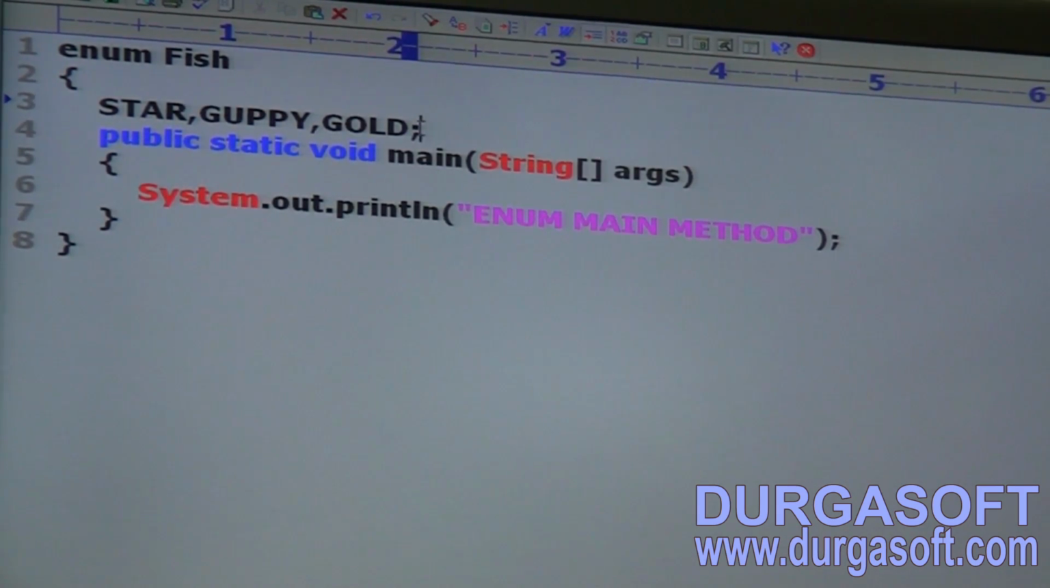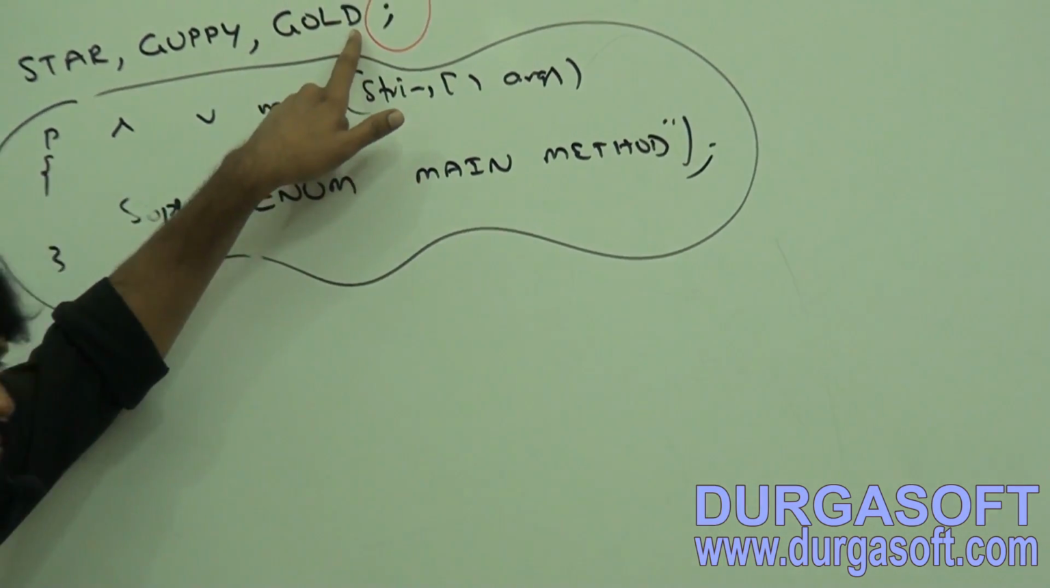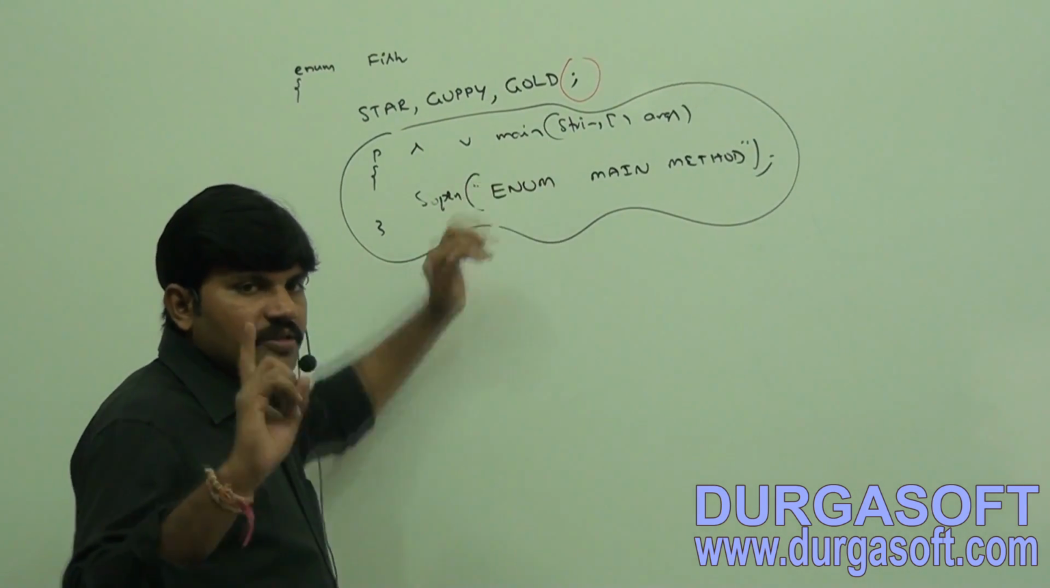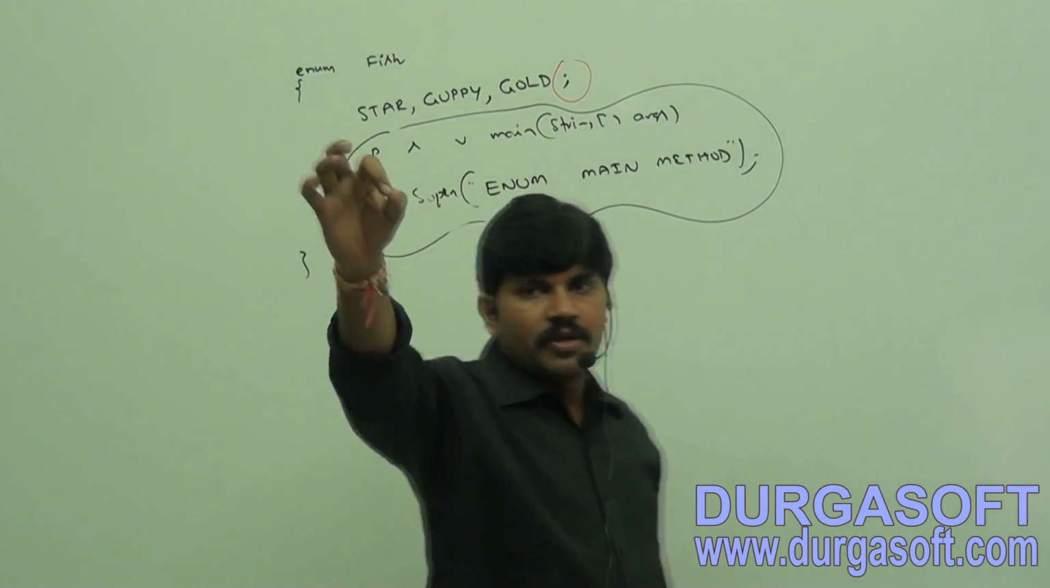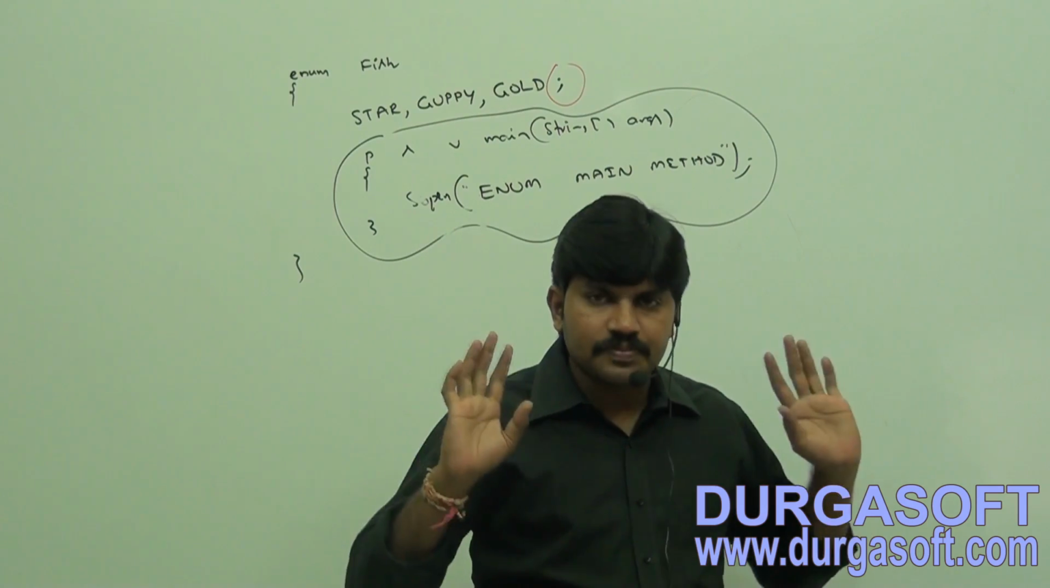Rule number 1 is clear for you, right? So can I spell out what the rule number 1 is? Don't write. In addition to constants, if we are taking any extra member like a method, compulsory the list of constants should end with the semicolon. That is, semicolon is mandatory. Clear for you? First point. Second one,